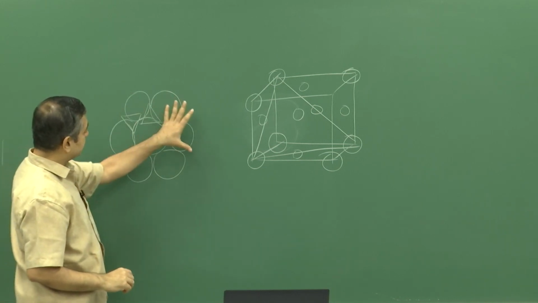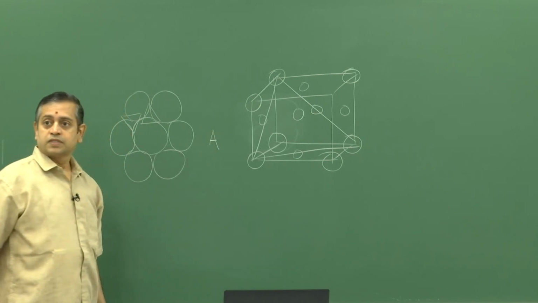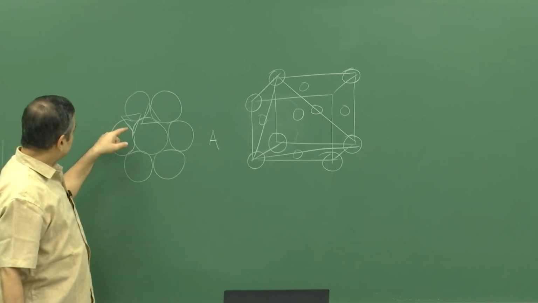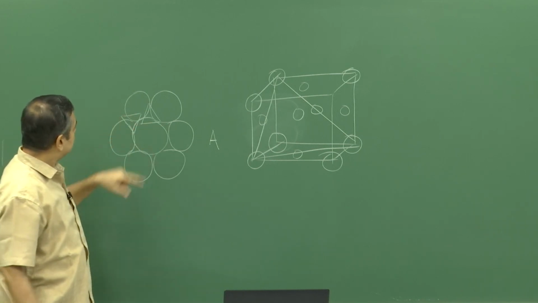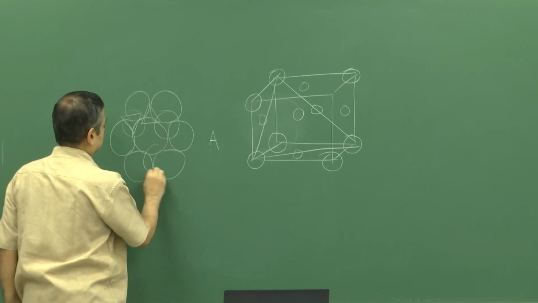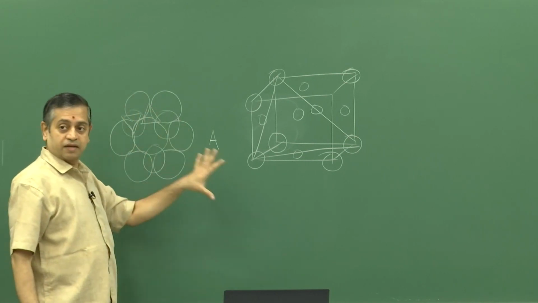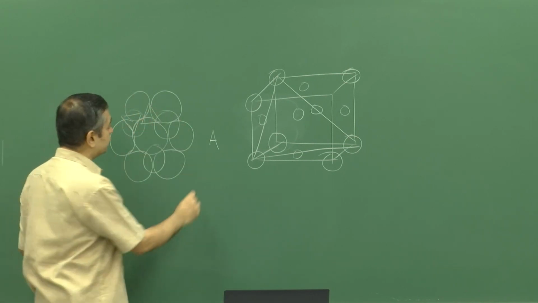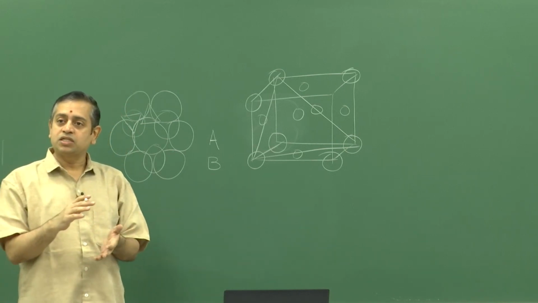Arbitrarily, we say that this plane is an A plane, and then you can put all these triangles which are pointing downward and make another hexagonal structure, and this will be called B,